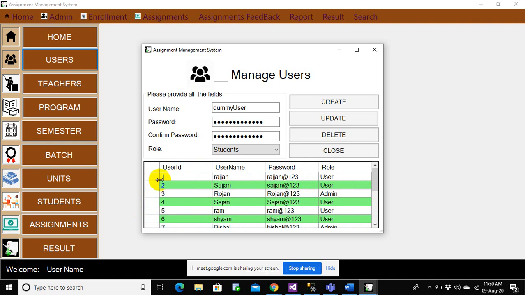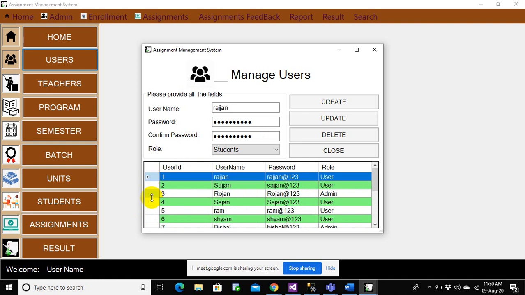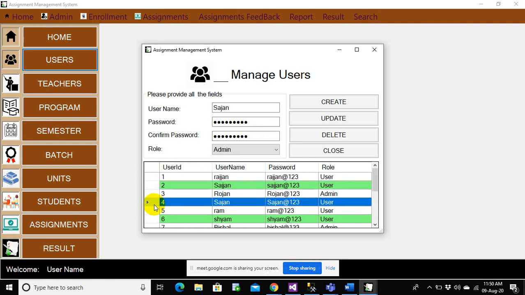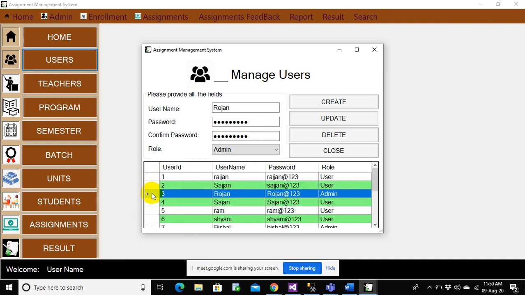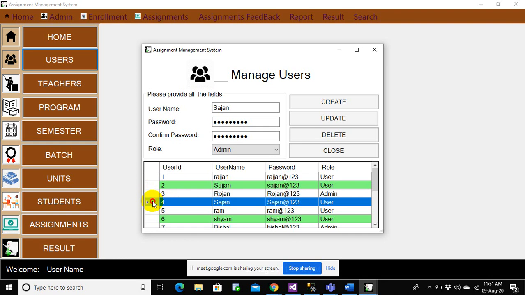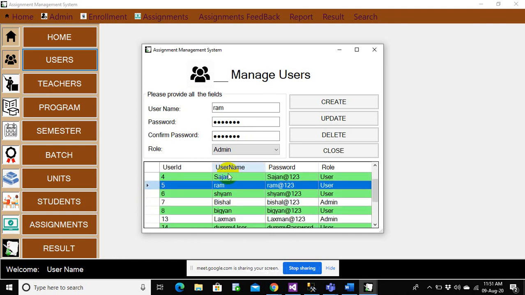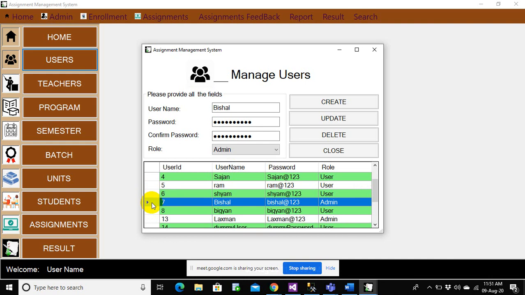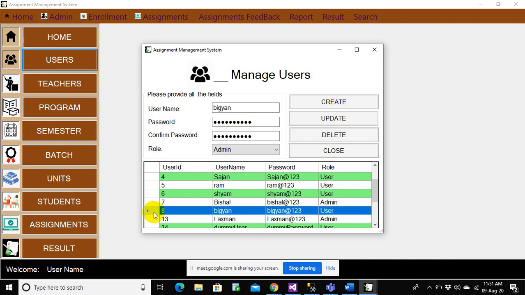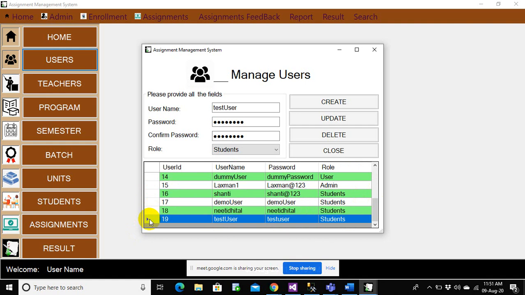Sometimes it works, sometimes it does not work. Okay, you can just see the value changes. Here it changed. I think there are some problems here. We'll fix that one. No problem.